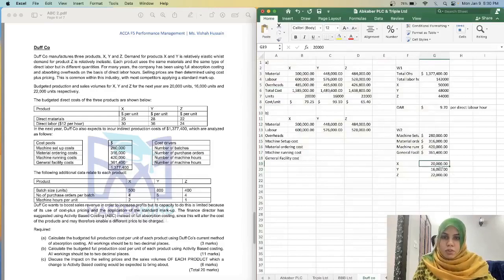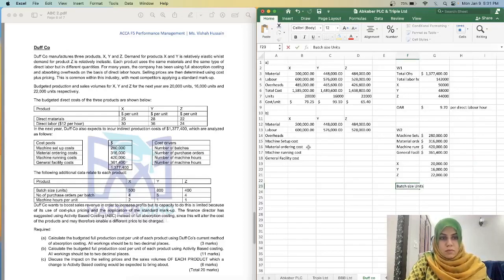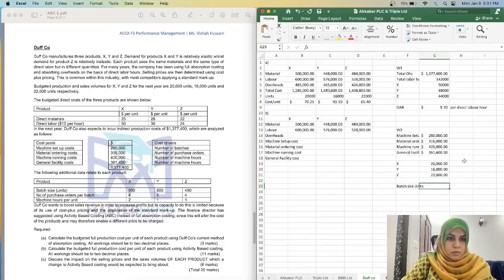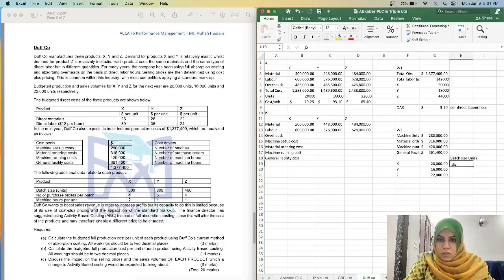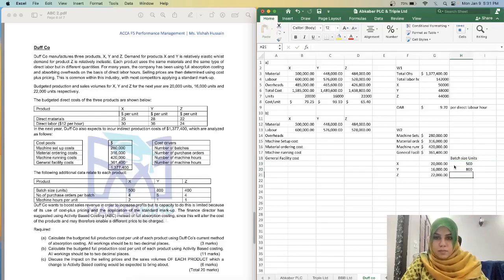Now since you have the number of units 20, 16, and 22, and you have the batch size in units, this is 500, 800, and 400. Yes, so you can easily compute the number of batches